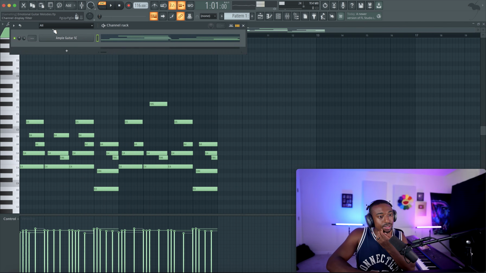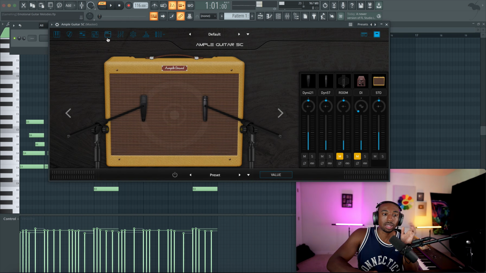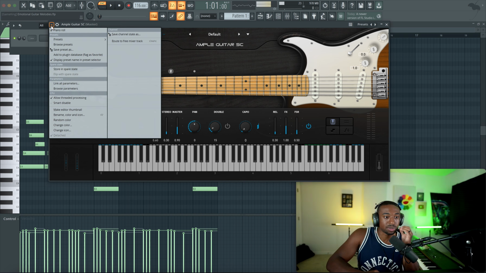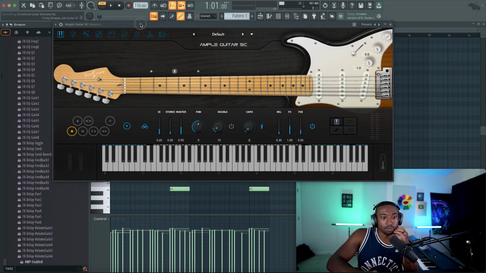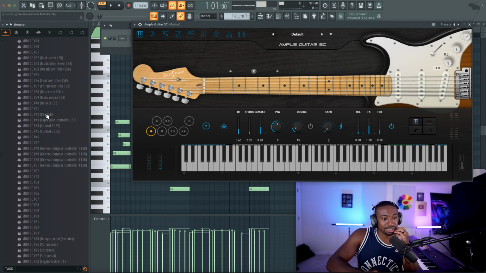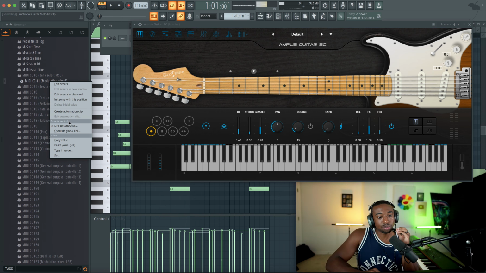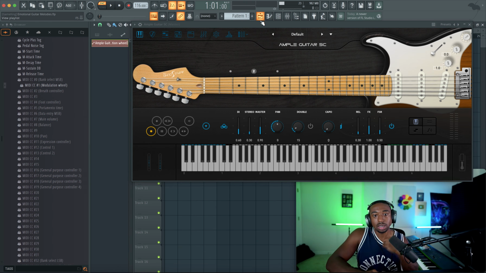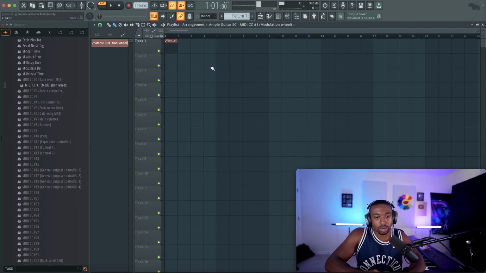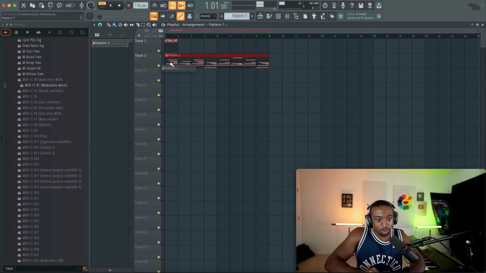Another thing is the expression. We don't have time to go through everything about guitar melodies here, but this specific plugin, if you go to browse parameters, scroll down to where it says MIDI CC number 1. This controls what's called the mod wheel. In this specific plugin, we're going to create an automation clip. The mod wheel creates what's called a vibrato effect, and this will add a little more motion to your emotional melody.